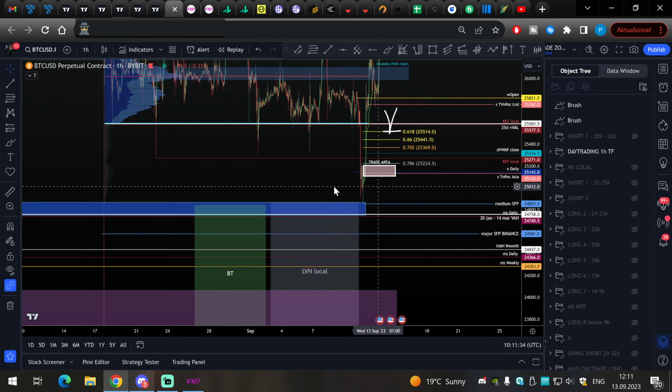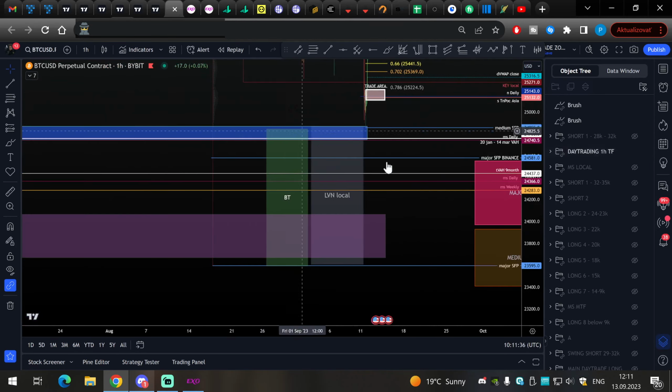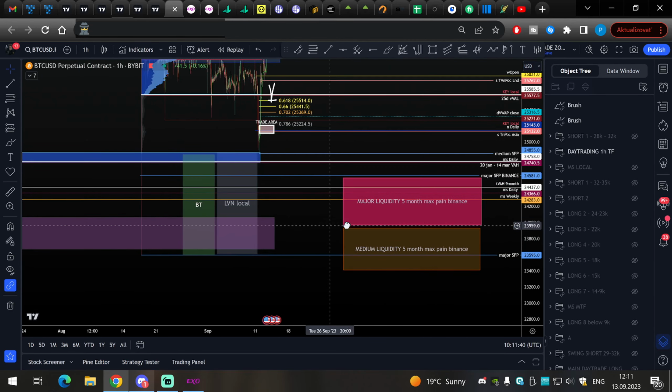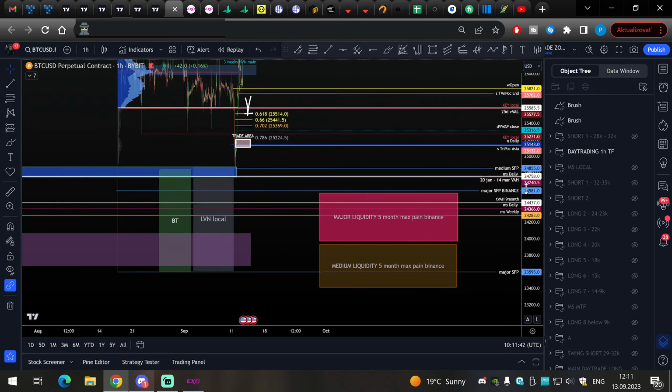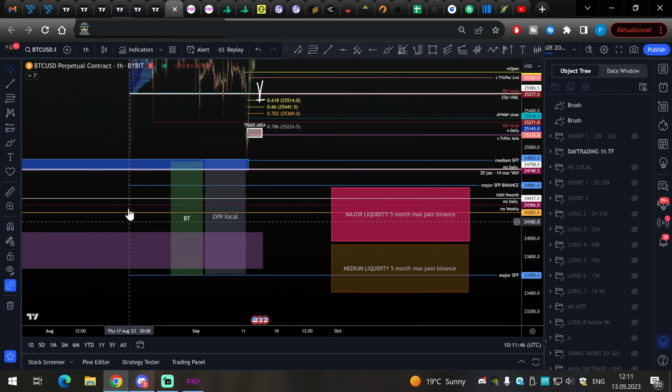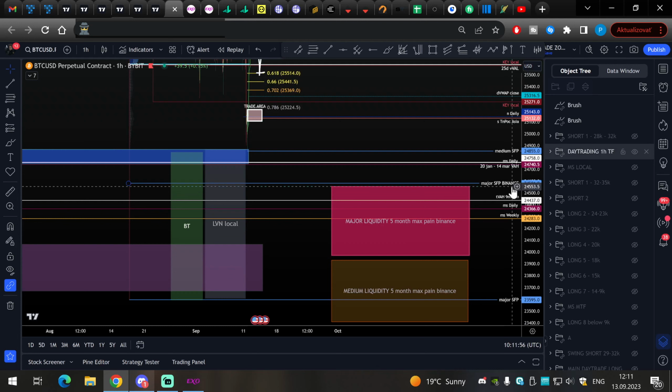If you lose the trade area, then it's going to be problematic, and you need to be defensive. You need to be really defensive. Why? Very simple. You see, this was the VIG on Bybit. Bybit was super overstretched heavily. There were a lot more longs on Bybit than on other exchanges, so the VIG was much larger. But on Binance, this is the major swing failure pattern on Binance,